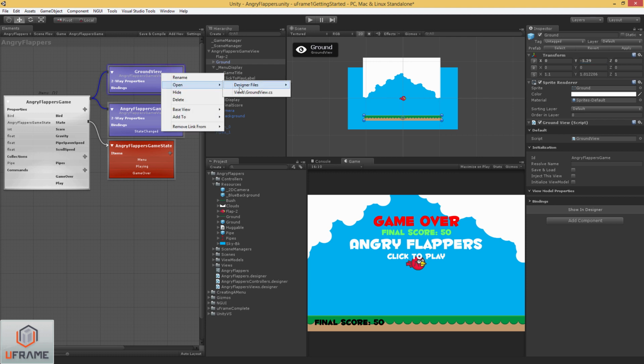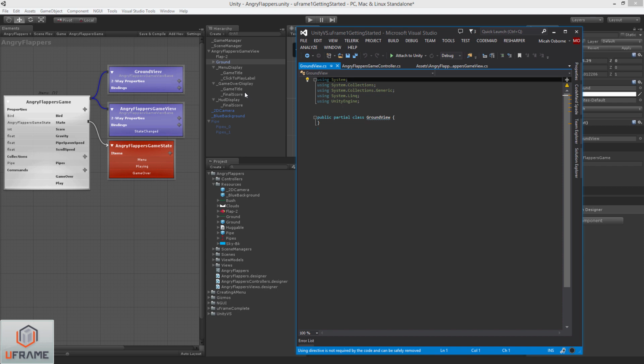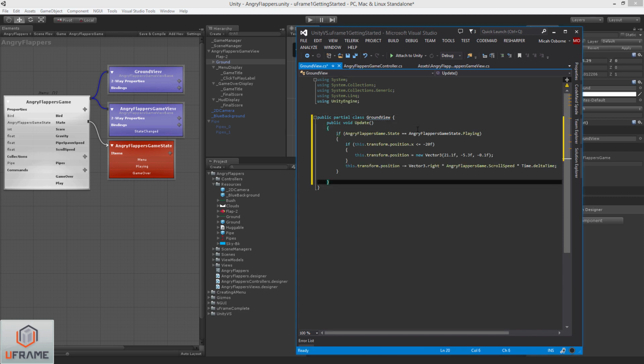Let's open up this view. And I'm just going to copy and paste a small snippet to make things move a little faster. So just so you know what it's doing, it's checking to make sure that we're in the playing state, because we don't want the ground to move when we're in the game over or menu state. Then I'm just applying a transform position, and once it reaches -20, it resets to the right side of the screen, and it just continually moves to the left. This will give us that continuous scrolling effect. So I'm going to save that,